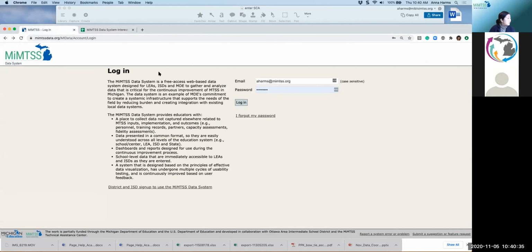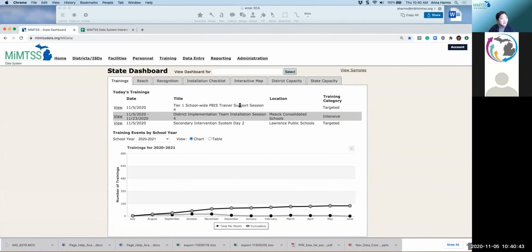And what you should be able to do is then effectively log into the data system following the directions that are in that confirmation email. When you log in, depending on your level of access, whether it's an ISD or district or school level, you'll see your specific ISD or district dashboard, and then you can navigate from there.